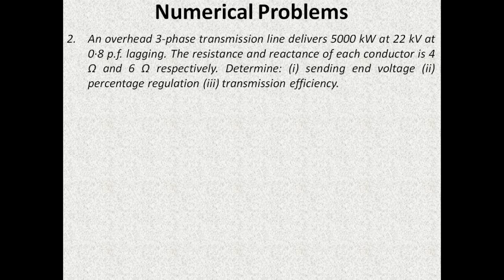In the next problem, you are provided with a three-phase transmission line. The power which is being delivered to the load is 5000 kilowatt at 22 kilovolt at 0.8 power factor lagging. The value of R and XL is also given. You are asked to determine the sending end voltage first. So first you have to determine the value of sending end voltage just like how we have determined in the previous problem,